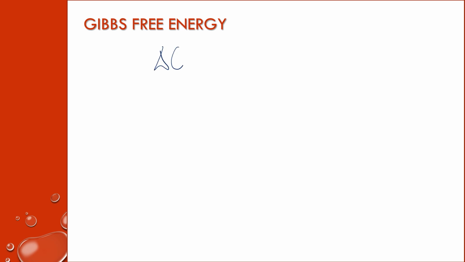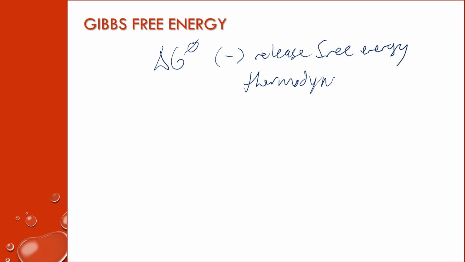We use delta G to represent the change in free energy over the course of a reaction. And typically we're going to be dealing with standard conditions, so 298 Kelvin, 100 kPa, and typically 1 molar concentrations as well. And when delta G is negative, that means there is a release of free energy, which means that it is thermodynamically favorable, which is a long phrase. People will often talk about this as being spontaneous,